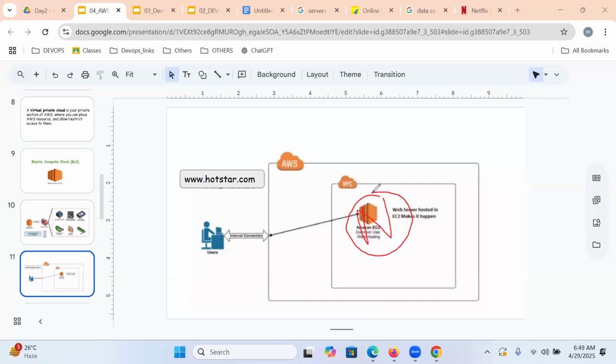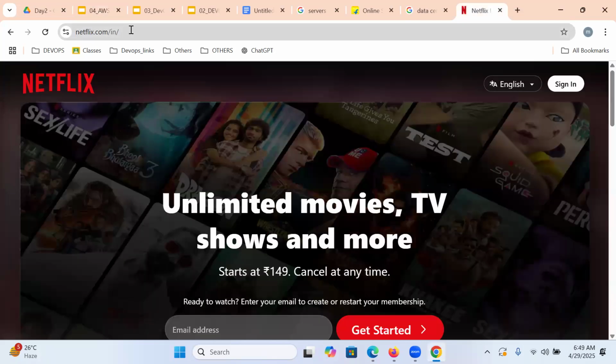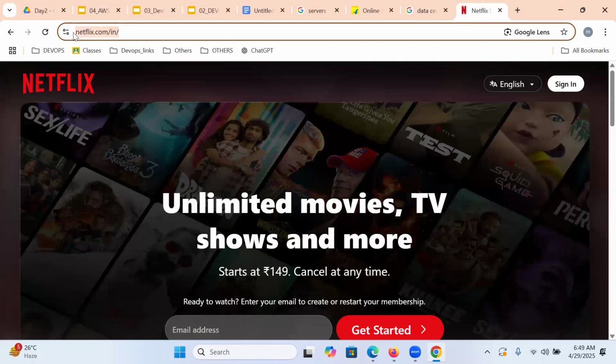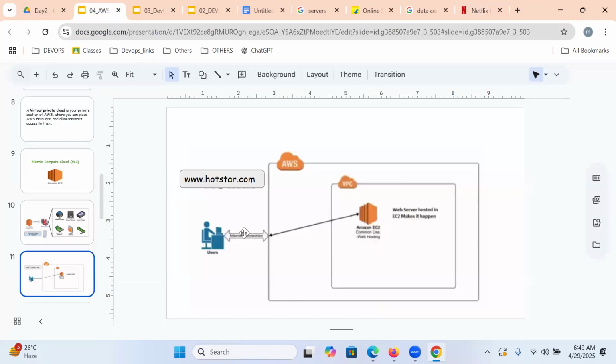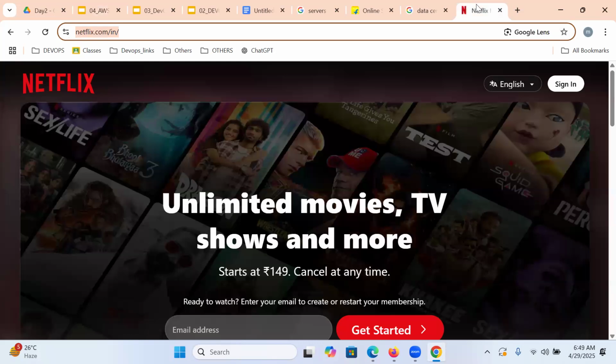Once our Netflix kind of application is placed, based on rules and regulations, we can access it over the internet, from outside the world. Just like how I'm accessing this Flipkart app, flipkart.com, over the internet, the same way we can access our websites also over the internet. Very good. Network we created, server we created, we deployed our application, and we're accessing it over the internet.